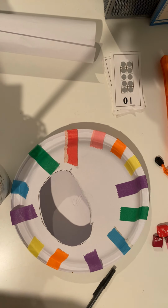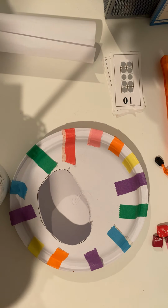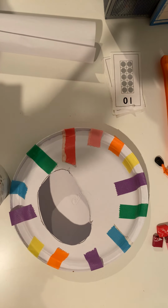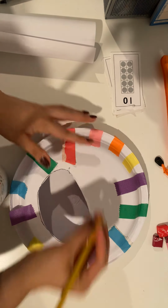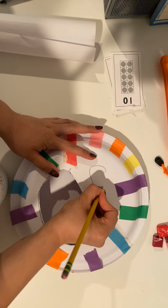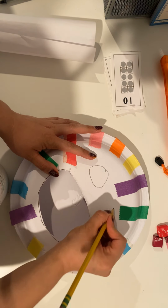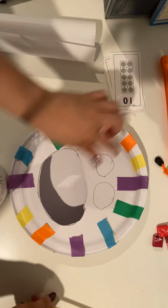Now I want to make some eyes. So I'm going to take my pencil or my pen. Let me see if I have a pencil. I do have a pencil. Take your pencil and make the eyes. And remember, this is your monster. It doesn't have to be beautiful. So I made 2 different eyes, and now I'm going to go